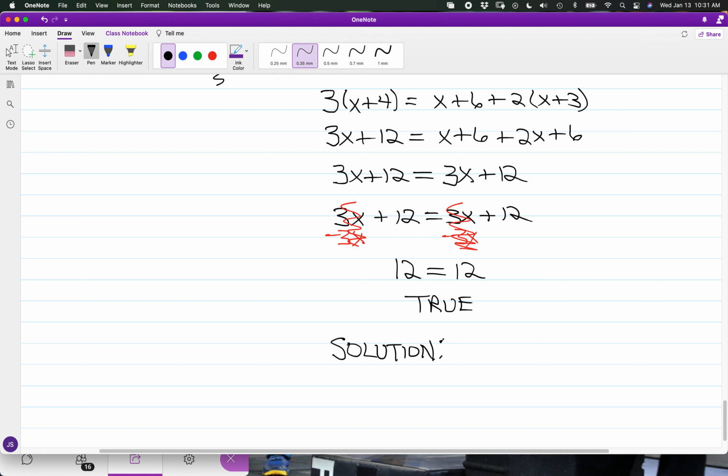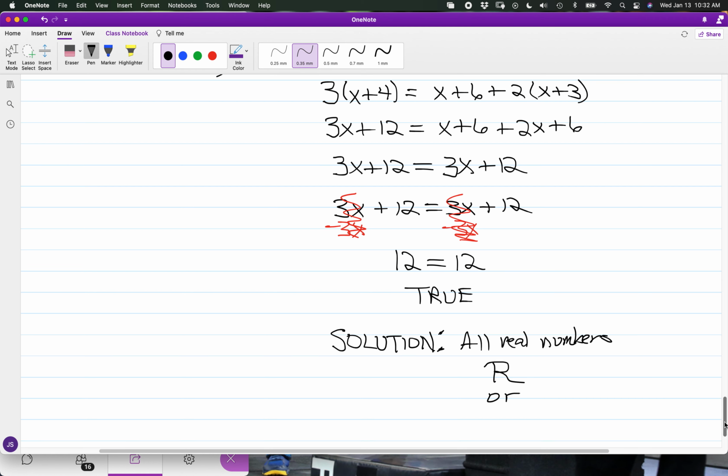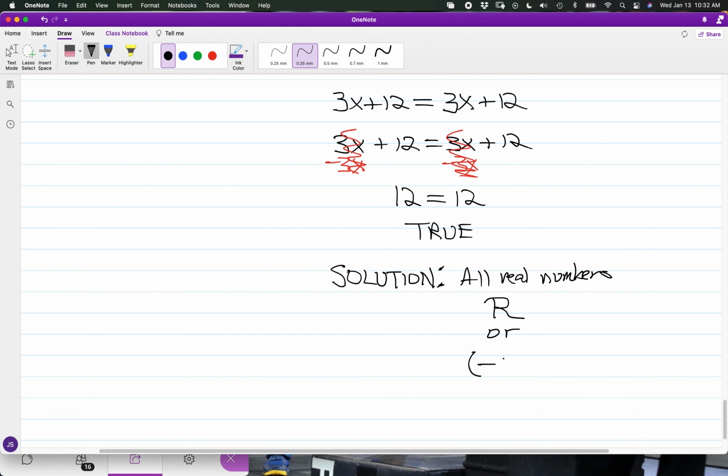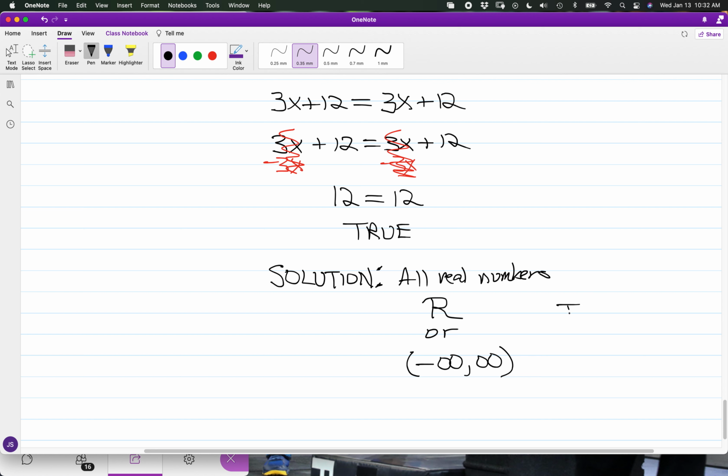And there's a way you can display this. For the solutions, you can see we have all real numbers. Another way you can represent this is with a capital R. And there's another notation we'll be looking into, and this is going to be interval notation. This is what we have going continuously between negative and positive infinity. So this is symbolic notation for all real numbers. And again, this equation